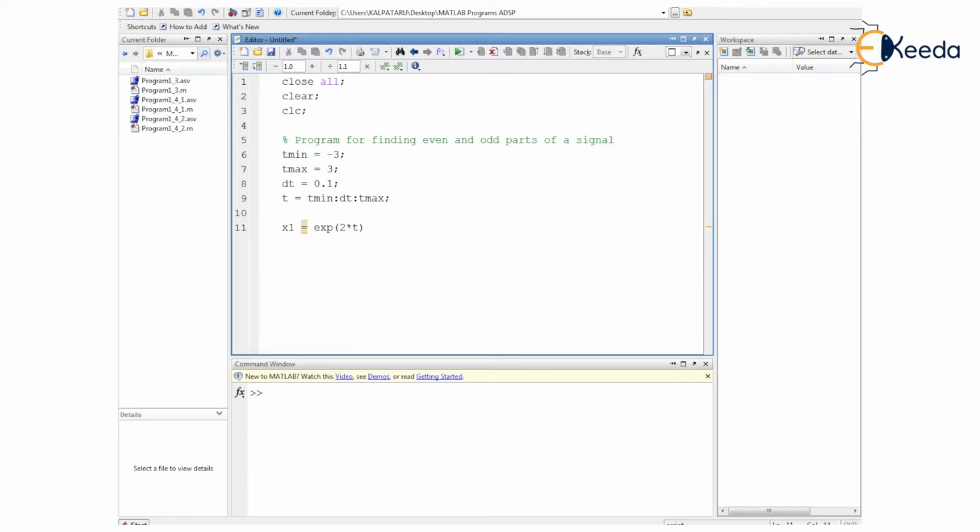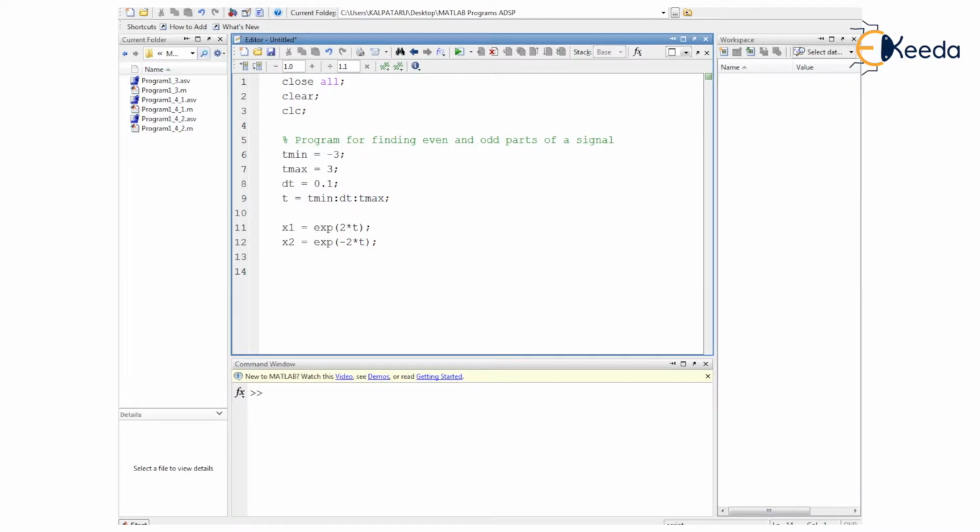Asterisk is nothing but multiplication in the MATLAB environment, and at the same time we are going to define another variable that will hold the signal, where we have again the exponential function, exponential in the bracket minus 2 asterisk t. So there it is, negation of 2 utilized here.